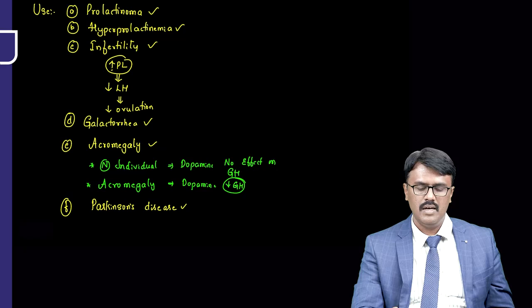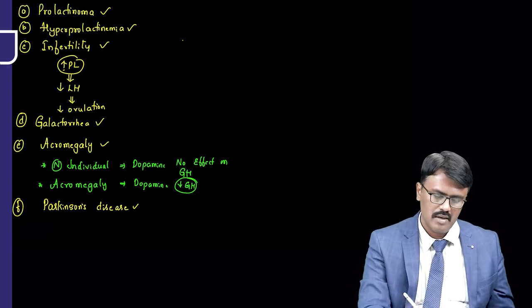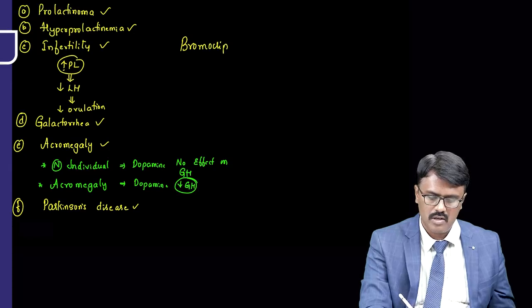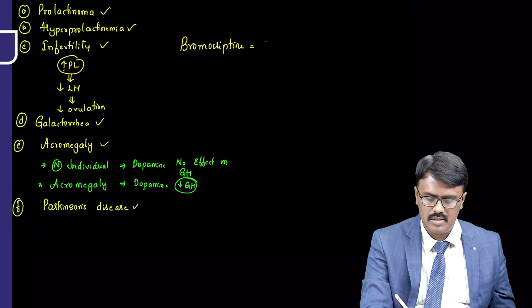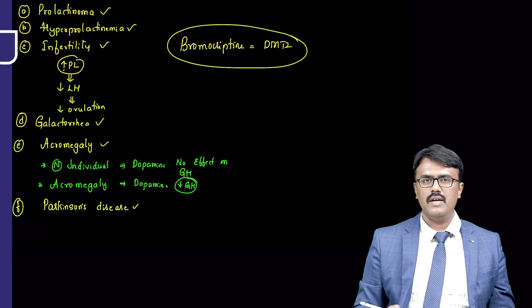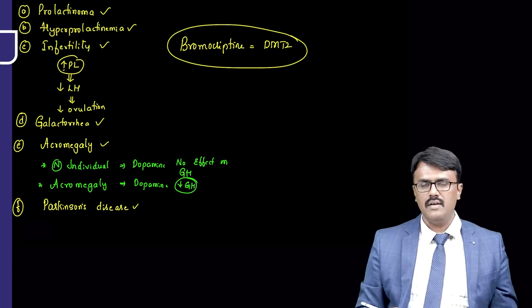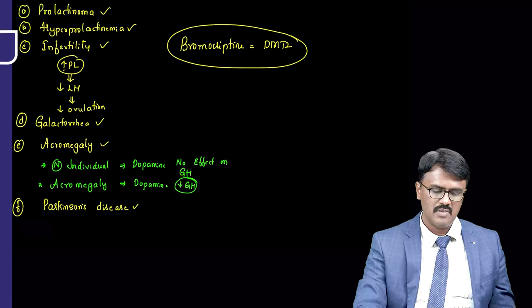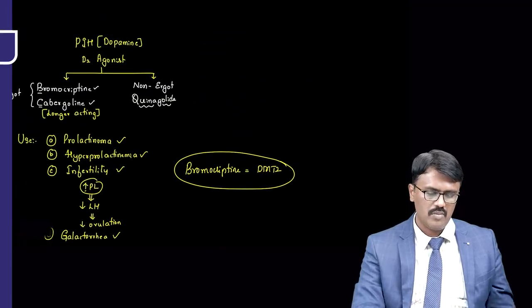Apart from that, the drug bromocriptine is also approved for one more condition, and that is diabetes type 2. So we'll discuss that concept when I discuss diabetes in future videos. Okay, so that is about the prolactin inhibitory hormone, that is dopamine. The next hormone what we